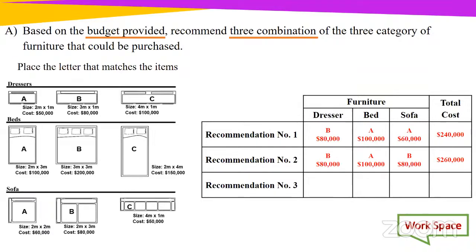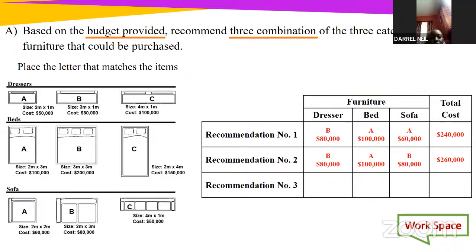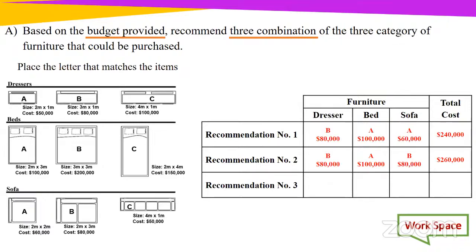Let's go down to recommendation 3. Can we have a volunteer for recommendation 3? Before we even go to recommendation number 3, have we met the conditions for recommendation 2? Just type in the chat yes or no. Have we met the conditions in terms of the budget?